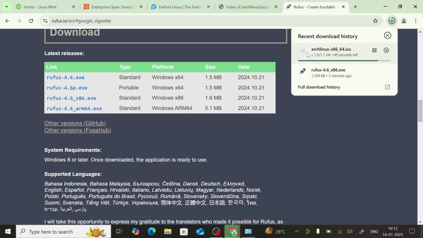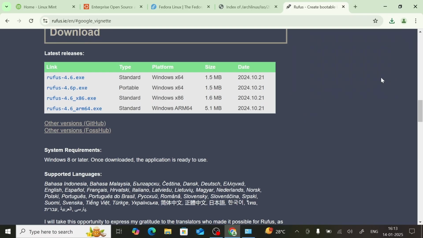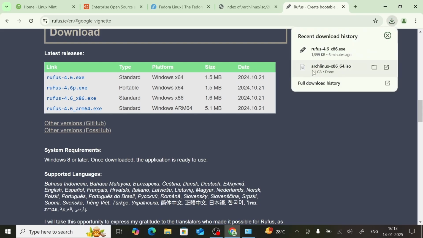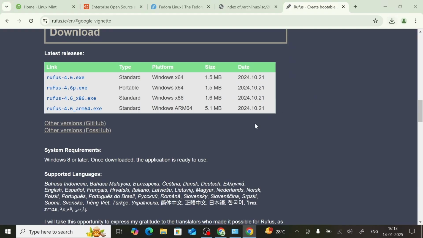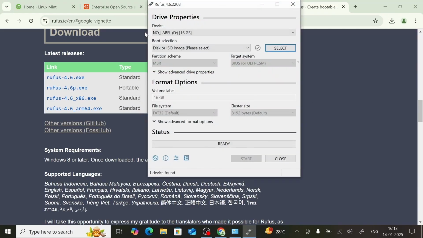Okay, so it's almost there, just 45 to 42 seconds. Now the Arch Linux is downloaded, so we will open the Rufus software. Click on yes and it will open. It will auto detect your pen drive, don't worry about that.